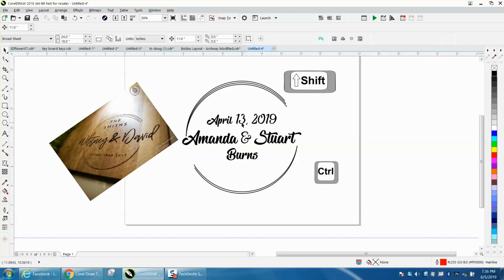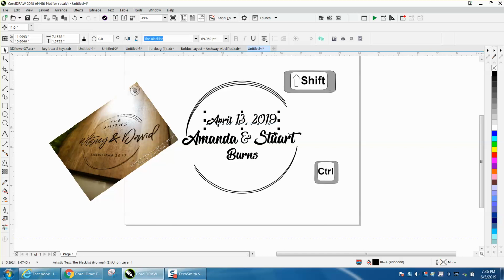or the date a little bit bigger, first of all, you can press Ctrl 8, the number 8, and it'll make it just minutely bigger at a time. And it's also taking it from the center. You cannot just grab it and move it because it moves it from that corner. But you can hold down the Shift key and grab it from that corner and it'll grow it from the center. So Control 8 to make it a little bit bigger, Control 2 to make it a little bit smaller,